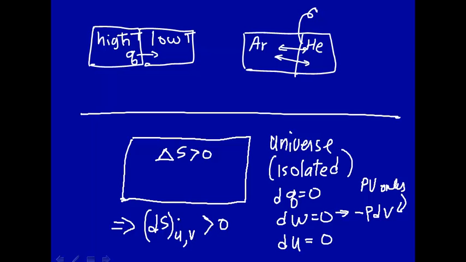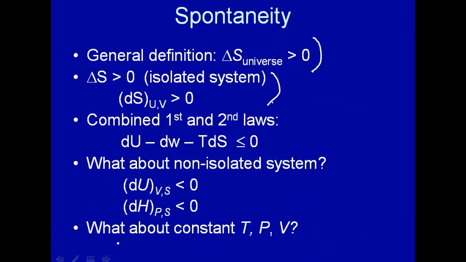You might notice we've subtly switched from the entropy of the universe to the entropy of the system. That's what we're going to do for the next few equations, is focus on the system. So this is an isolated system. The entropy change in an isolated system where you have constant U and V is greater than 0. This is the criterion for spontaneity for an isolated system. Now what we're going to do is to make some other conditions, for constant volume and entropy, constant pressure and constant entropy, and so on.